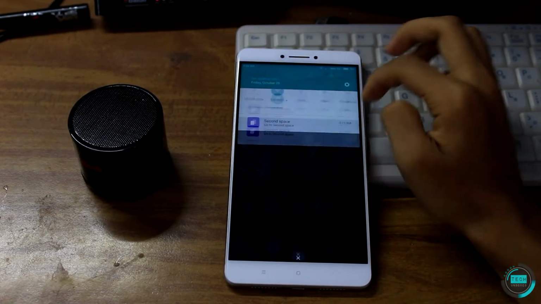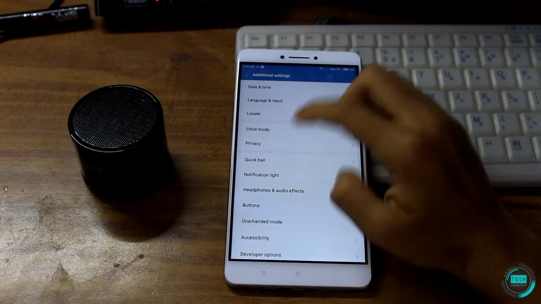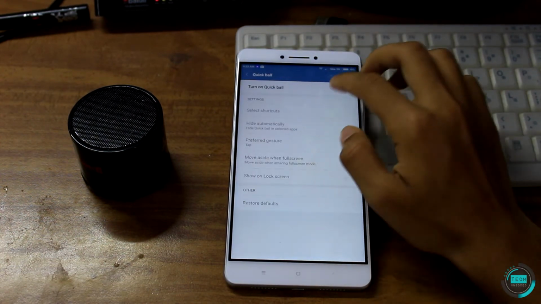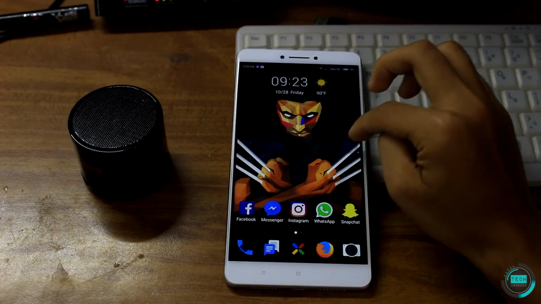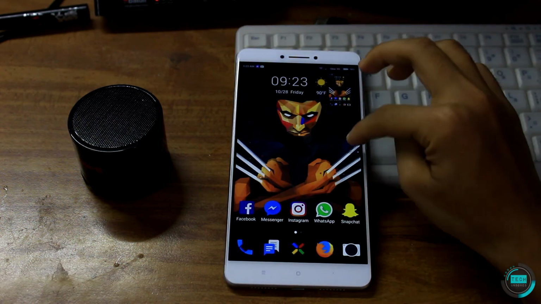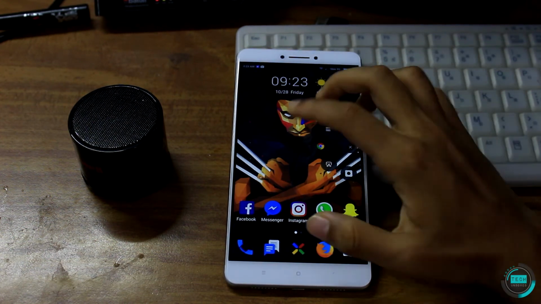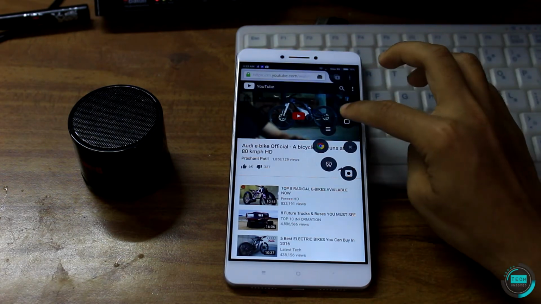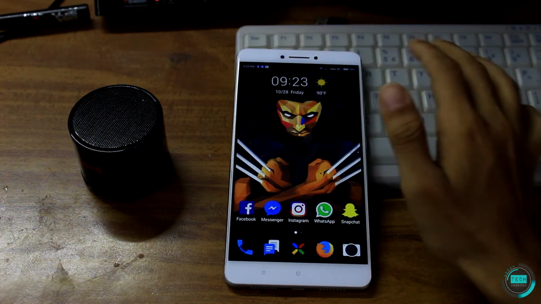So next up is an option called Quick Ball. For that you need to go to settings, then go to additional settings, and this is only for MIUI users. You need to go to Quick Ball and then you can just go ahead and select this one. The good thing about this is you can customize all of these. Suppose I wanted to take a screenshot, that's how you take it. If I wanted to go to the home button directly from here, I can. Suppose any app is turned on, then I can go here and just go to home and it will take you to the home.